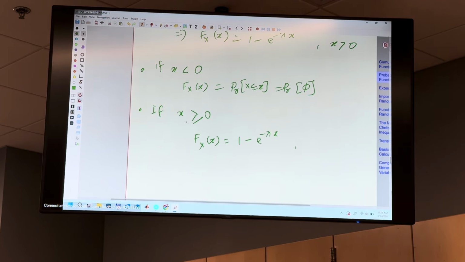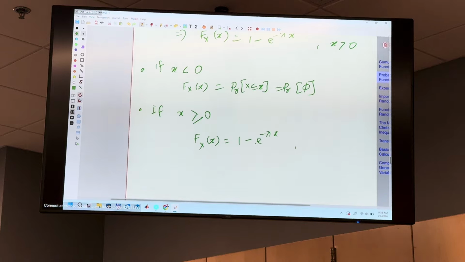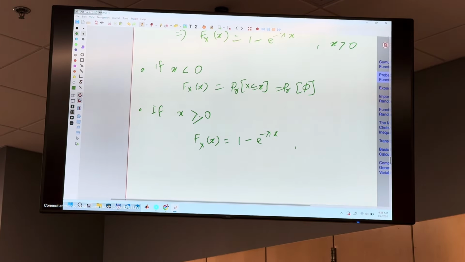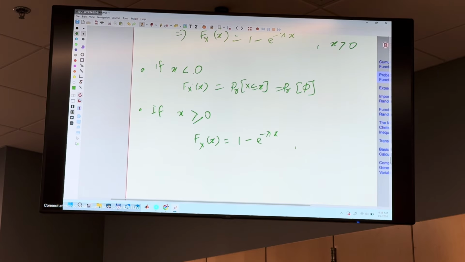Now, when you put x equals 0 here, if you substitute x equals 0, it will be 1 minus e to the 0, which is 1, and 1 minus 1 is 0. So it is 0 at the start. That's why it does not matter whether it is less than or equal or strictly less than. So it is a continuous answer. So mathematically,